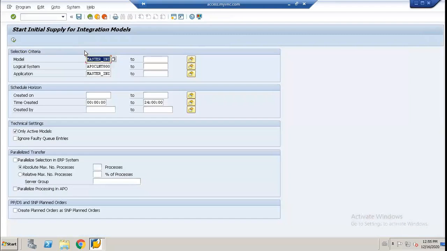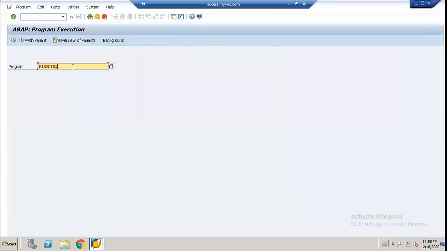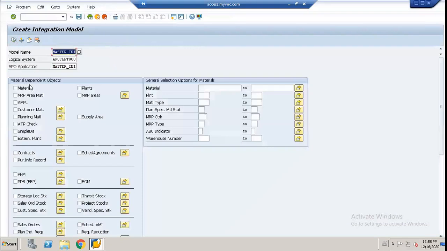This is for the initial transfer. Similarly, we have program remote gen. This is for creating an integration model. Okay. To create an integration model,